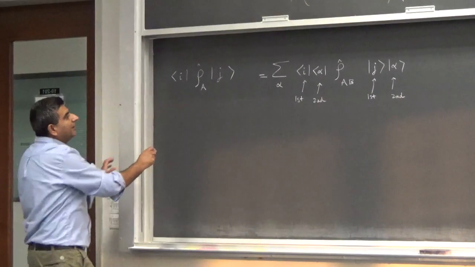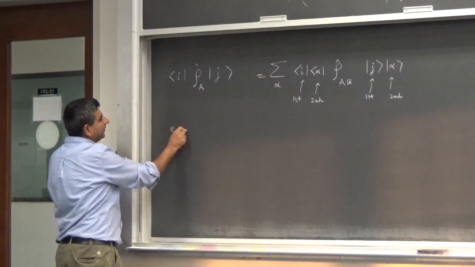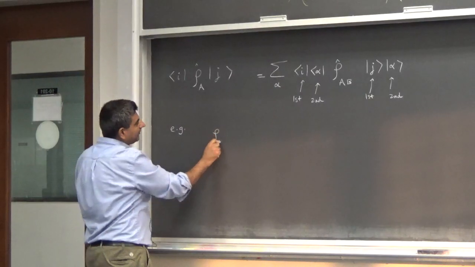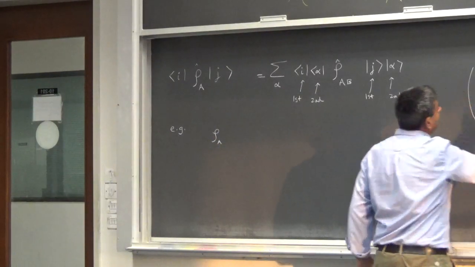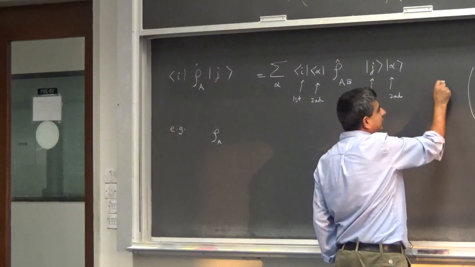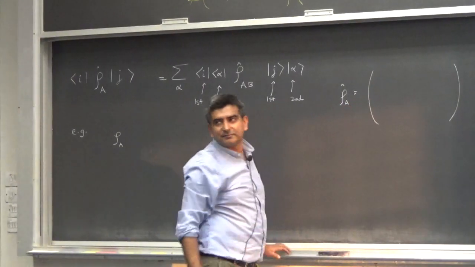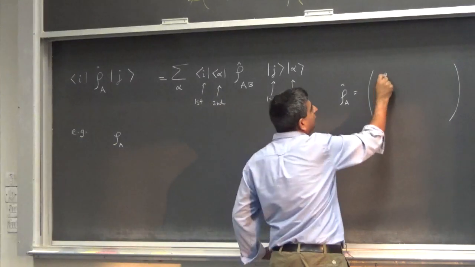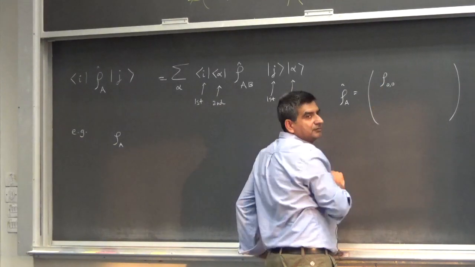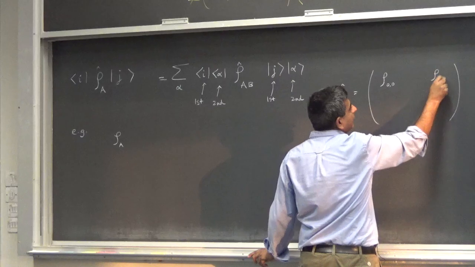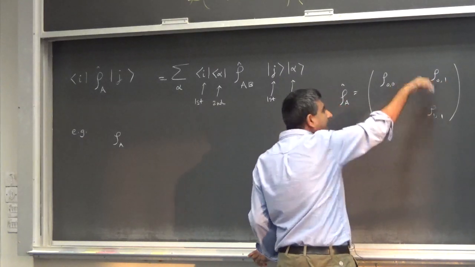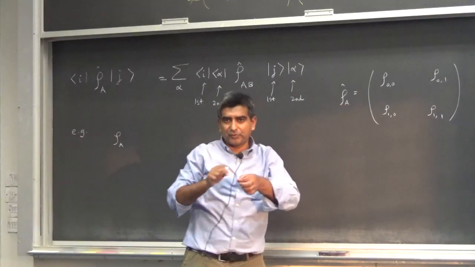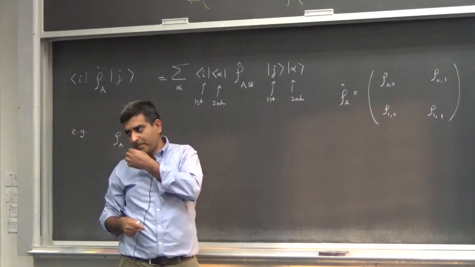For example, so let's make concrete sense of this. Row A, let me write down row A. This is my row A, the reduced density operator. It will have 4 elements, correct? One is row 0, 0, row 0, 1, row 1, 0, row 1, 1. So these are elements. When I put a subscript with row, it means elements of row,